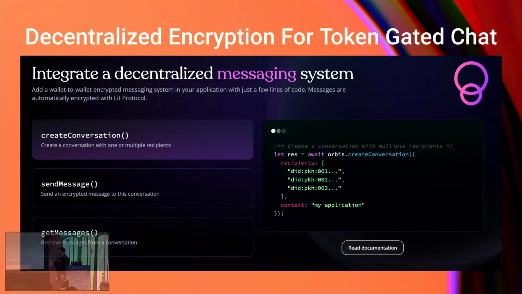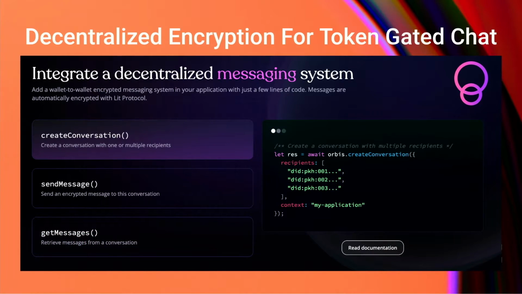Another use case for this is token-gated chat. This is a group called Orbis.club that has integrated the LIT SDK for the purpose of doing token-gated chat. And the cool thing is here, if you think about the way that Signal works in the context of encrypted chat, every time somebody joins and leaves, you need to do new handshakes. But with this key provisioning method, that isn't required. And so the underlying data for the chat can be stored on the open web. In the context of Orbis, it's stored on Ceramic and encrypted with LIT.